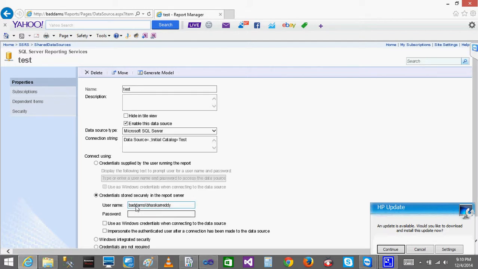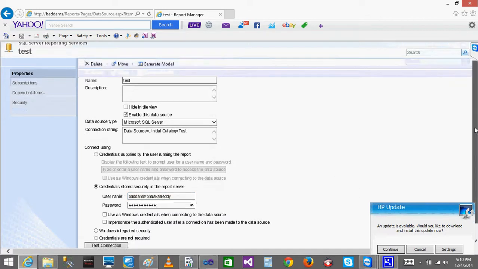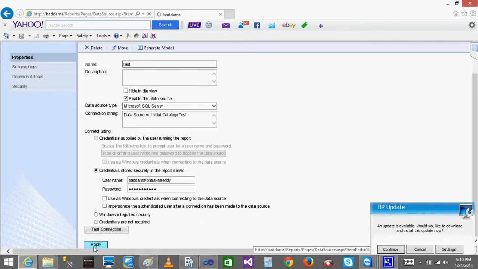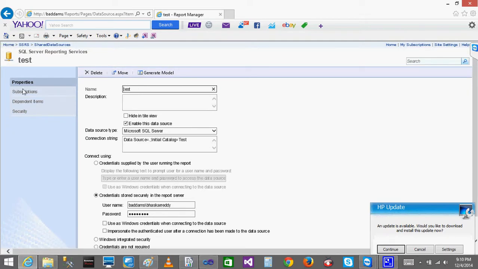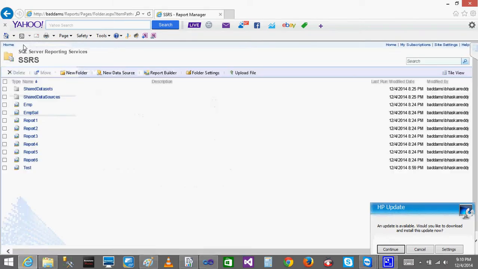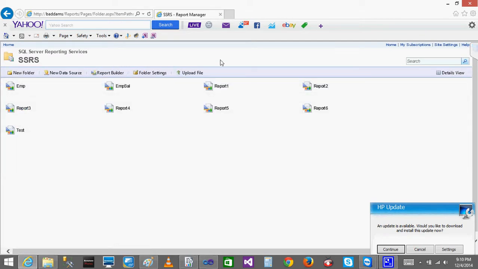When I use my credentials, automatically when the system tries to do it, it will use my credentials and generate a cache. Okay, password. That's it. Now as I said, we should always save that one, apply. After apply only you will be able to get it. Now I added credentials to the data source, right? Go to the SSRS. Now I'll go to the tile view. It's an EMP table, right? Click on this, go to the manage,